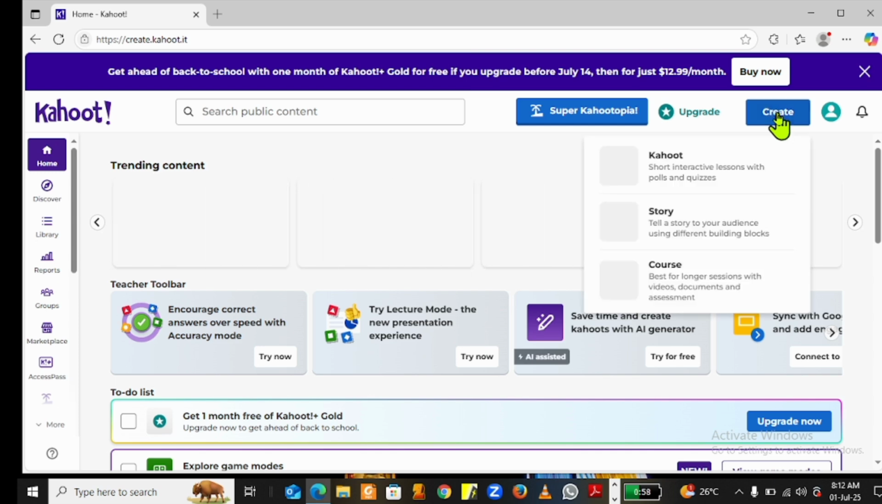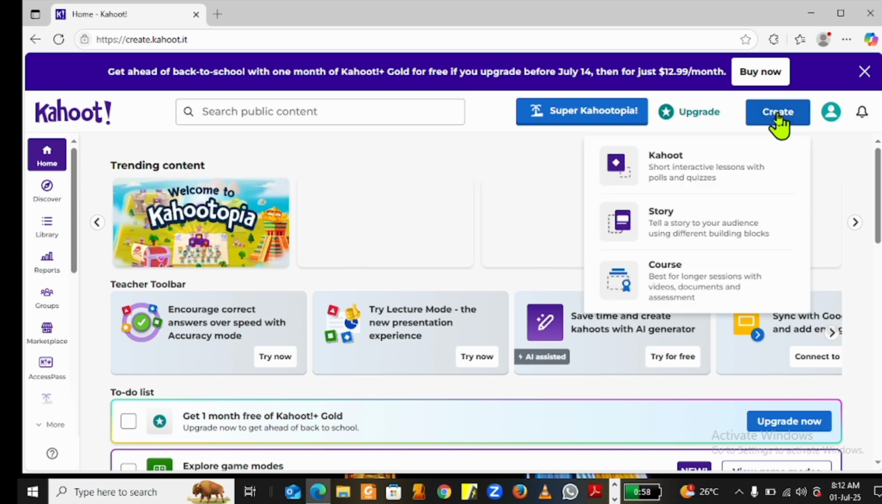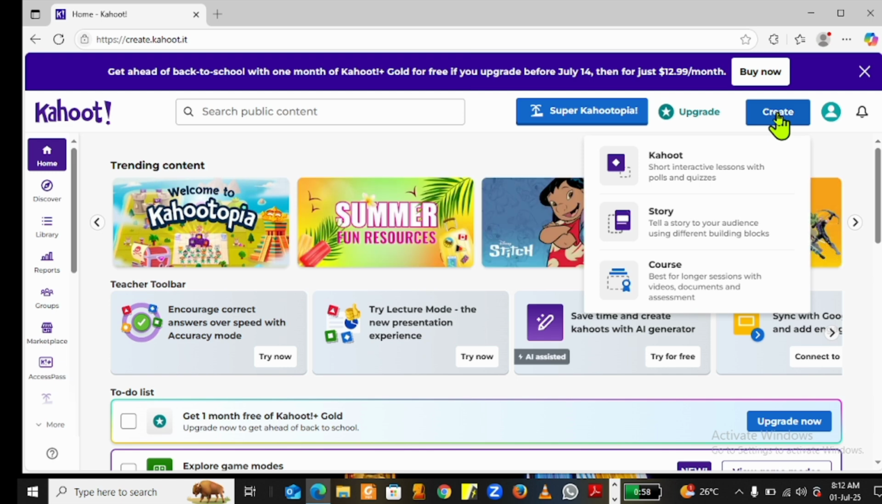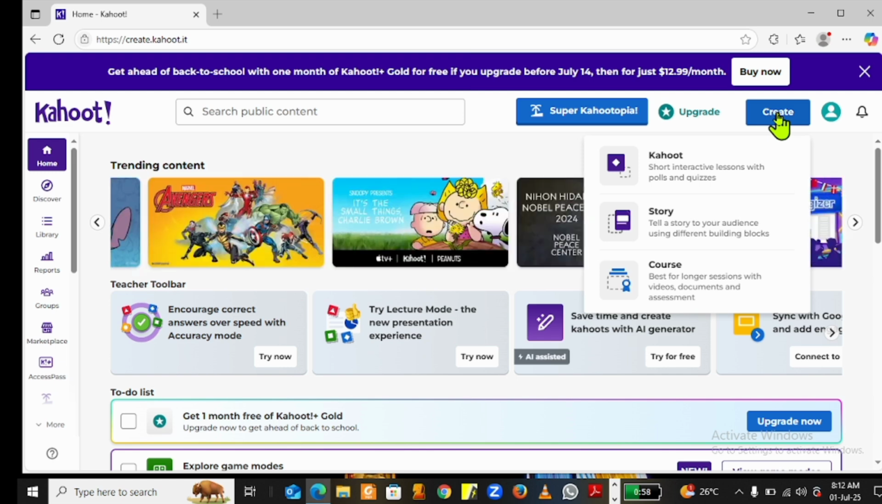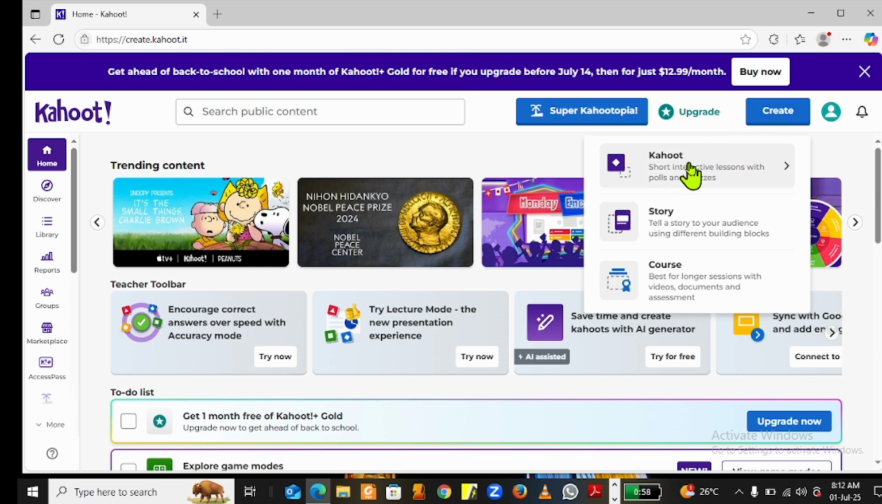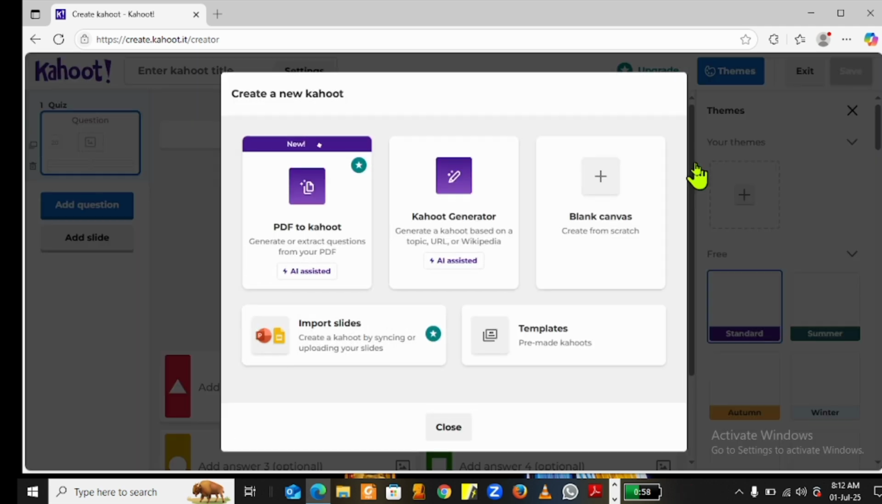When you click on create, it gives you other options to create a short interactive lesson with polls and quizzes, and that is exactly what I want to do. So I want to click on that create, and then it takes me to a page where I can create my questions. Now we have PDF to Kahoot, that is a conversion site. Kahoot generator, we have bank canvas. Okay, so here we want to create our content from scratch. So you are going to click on